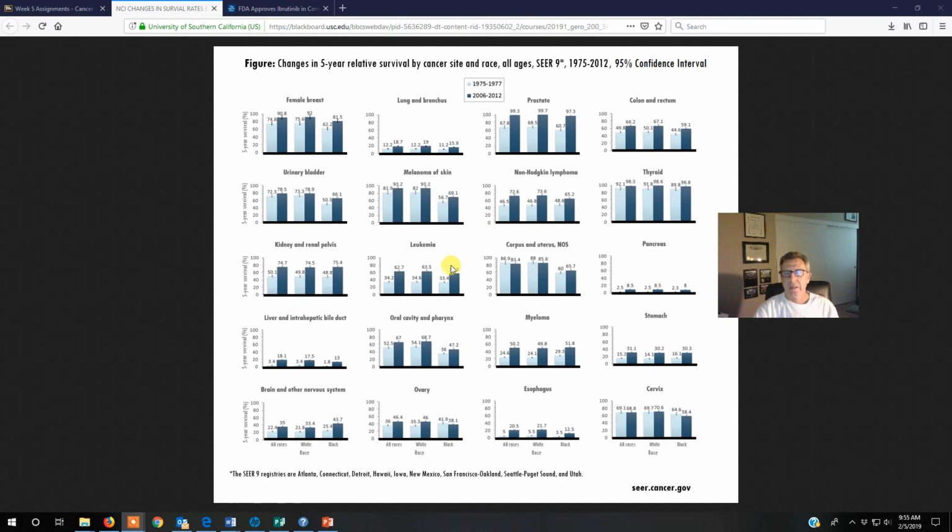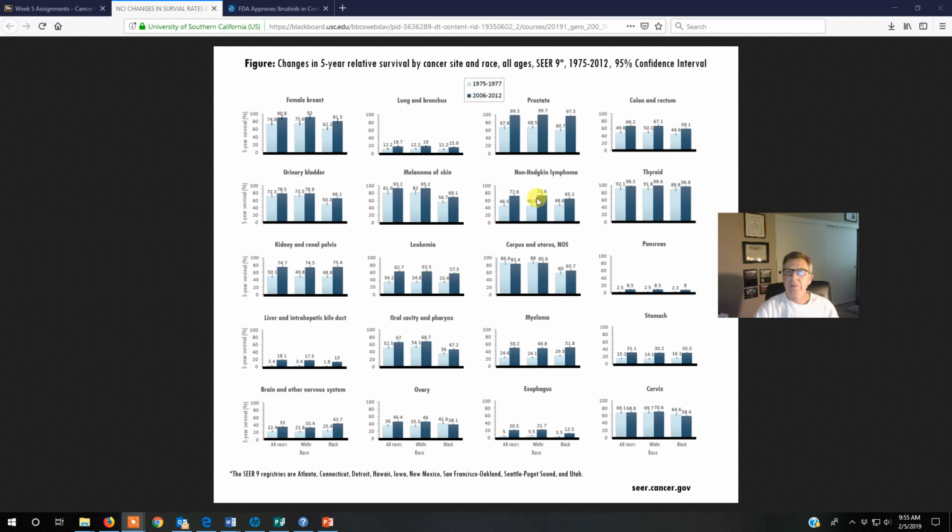I want to make it kind of near and dear to my heart, and you understand where I'm coming from. So my wife, your co-instructor, Julia Walsh, has a form of non-Hodgkin lymphoma that is now a leukemia, okay? This is a blood cancer. It's a cancer of the immune system, which means she's super vulnerable to any kind of infection. So people with leukemias die of infections because their immune system is cancerous, okay?